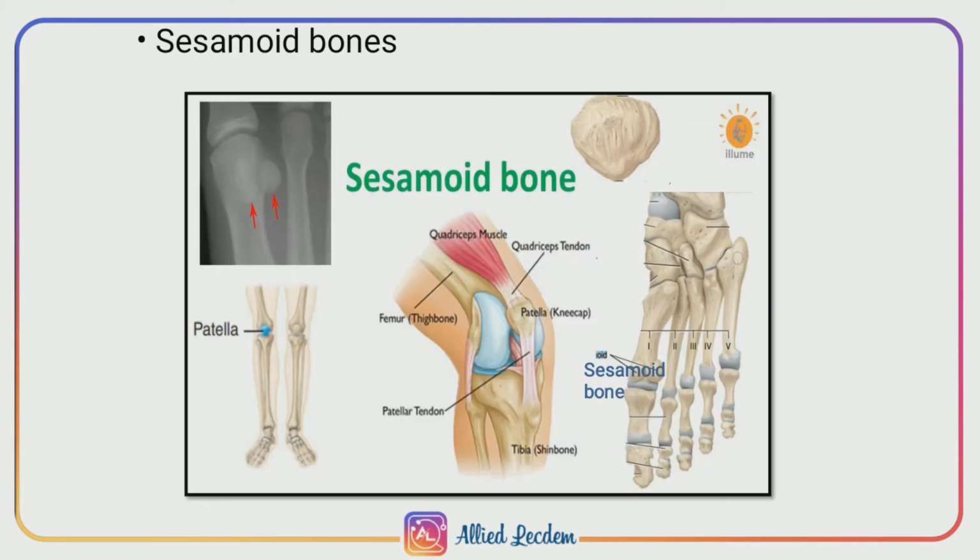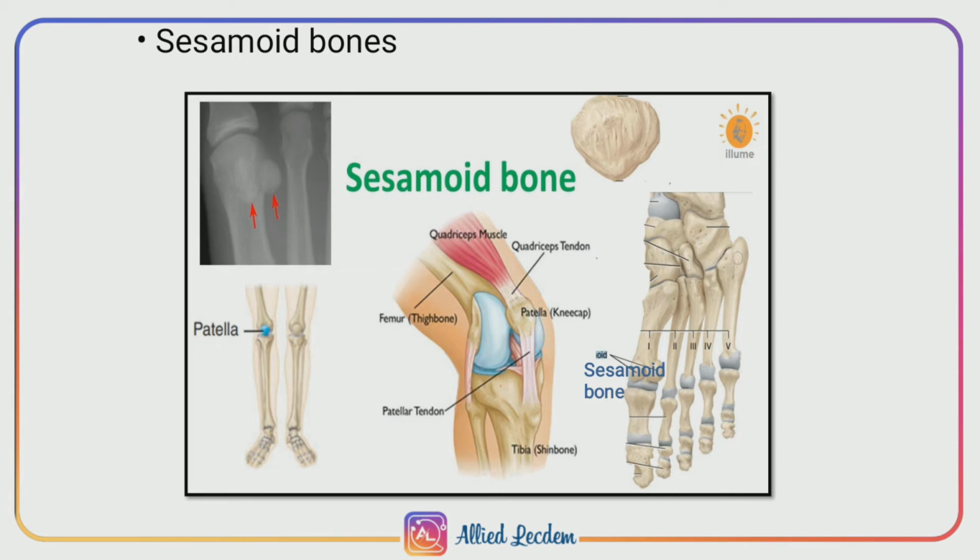Sixth one is sesamoid bones. They are bony nodules found embedded in the tendons or joint capsules. They have no periosteum and ossify after birth. They are related to an articular or non-articular bony surface, and these surfaces of contact are covered with hyaline cartilage and lubricated by a synovial membrane. Example is patella in the tendon of the femoral